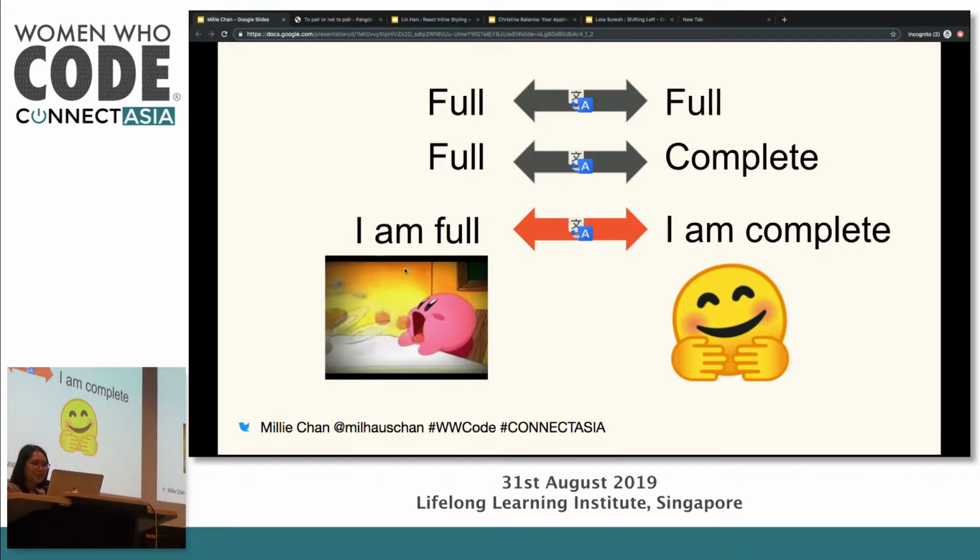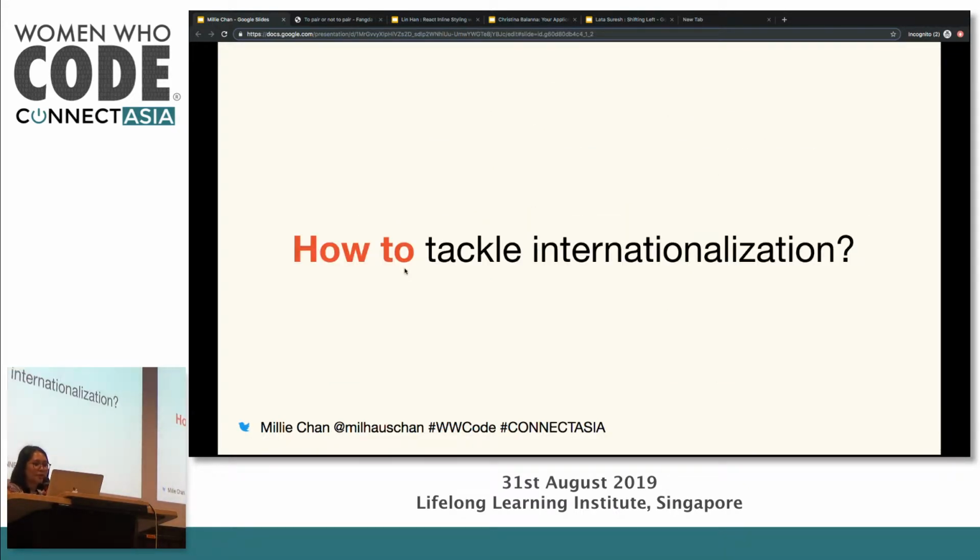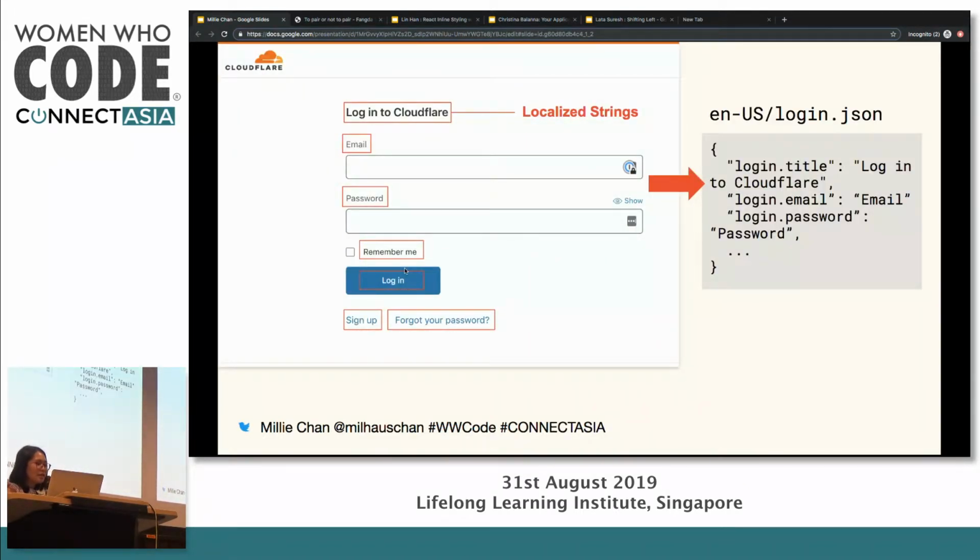So let's look at how we started this i18n process. Here is a high-level view of how this works. This is our web application. It's a screenshot of our login page. Essentially, all of the product copy that you see here, any hard-coded string, now has to be converted into a JSON file in key value pairs. And this gives us the flexibility to switch between different languages because now we have structured data. And we can just leverage the translation keys that exist so that it can give you the correct response.